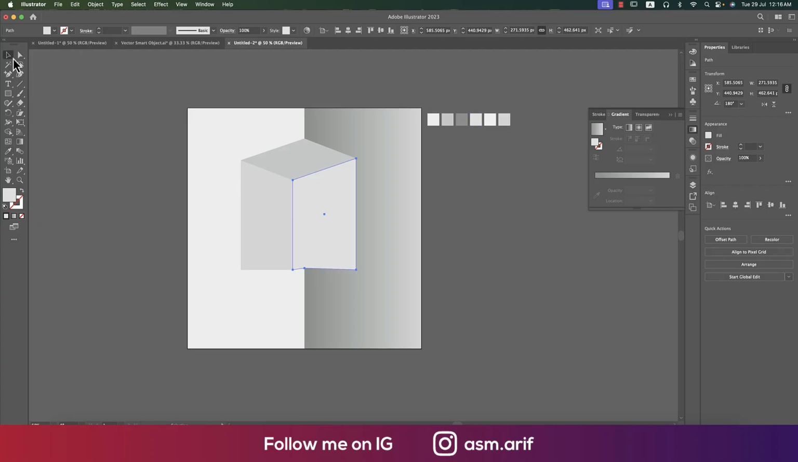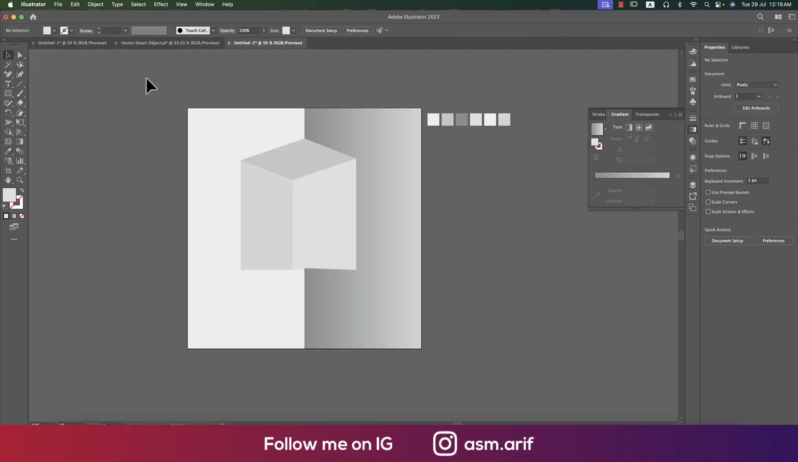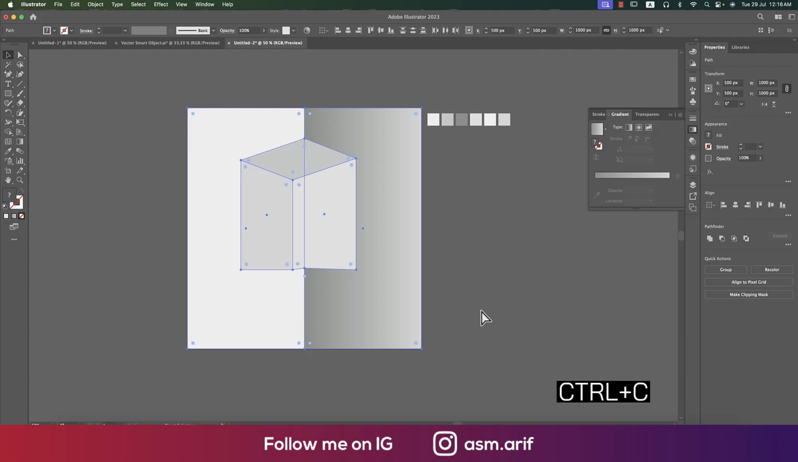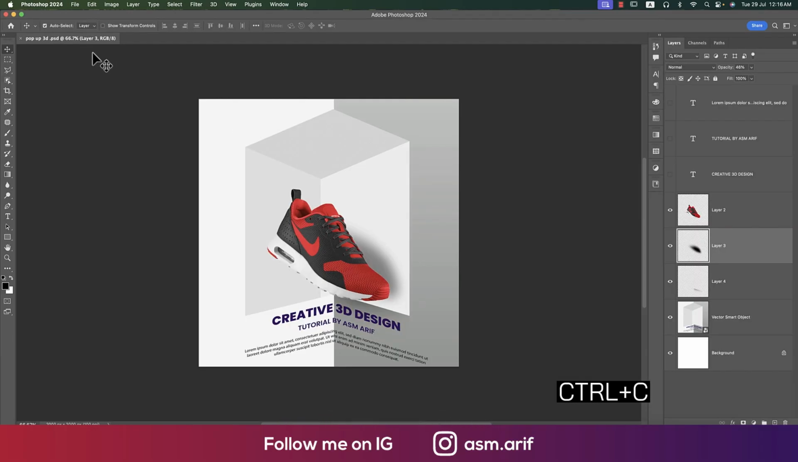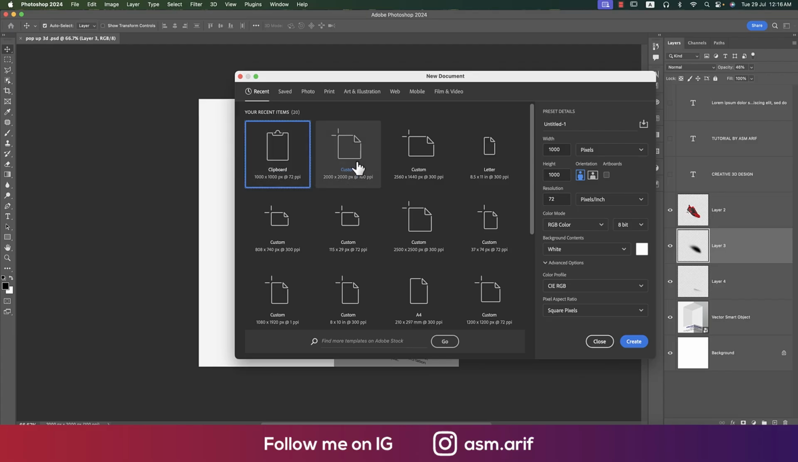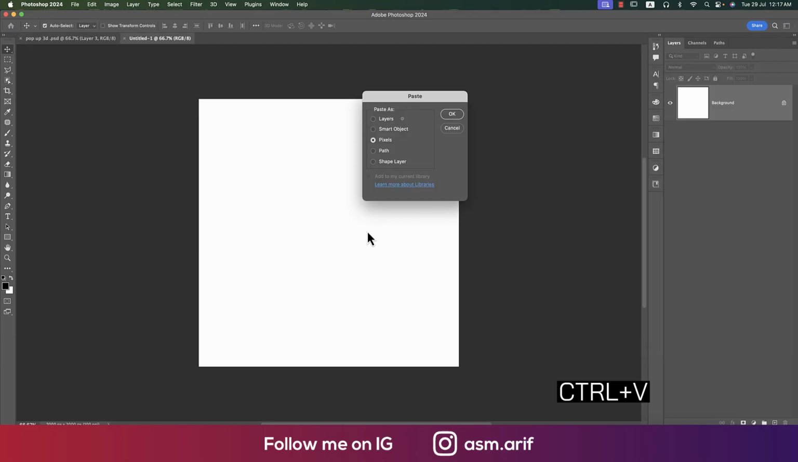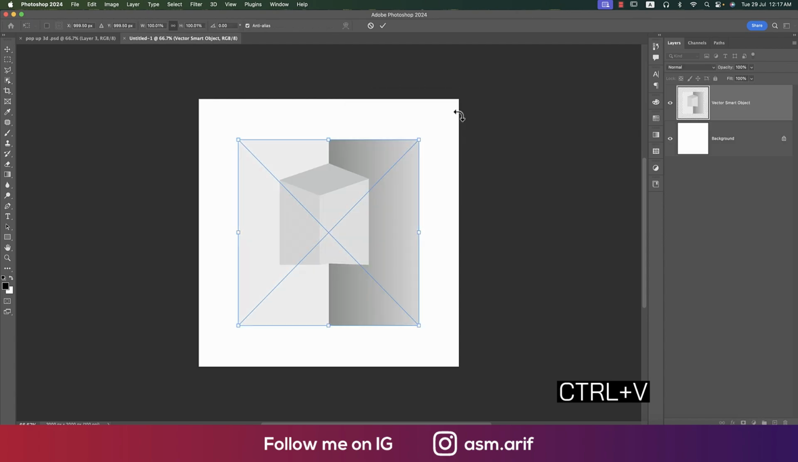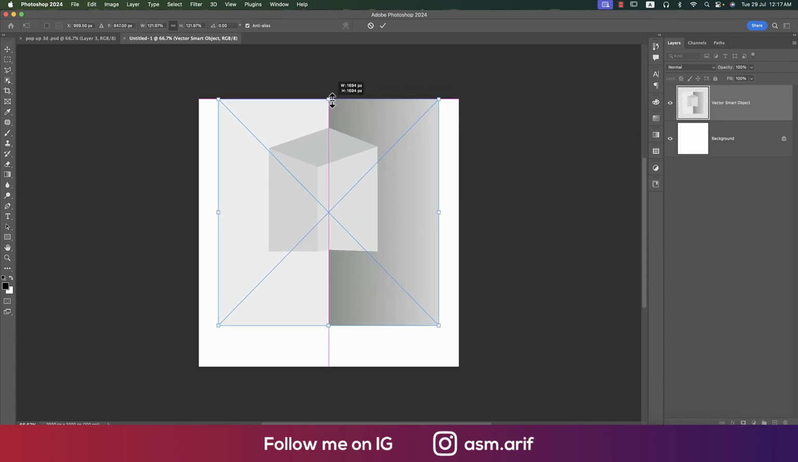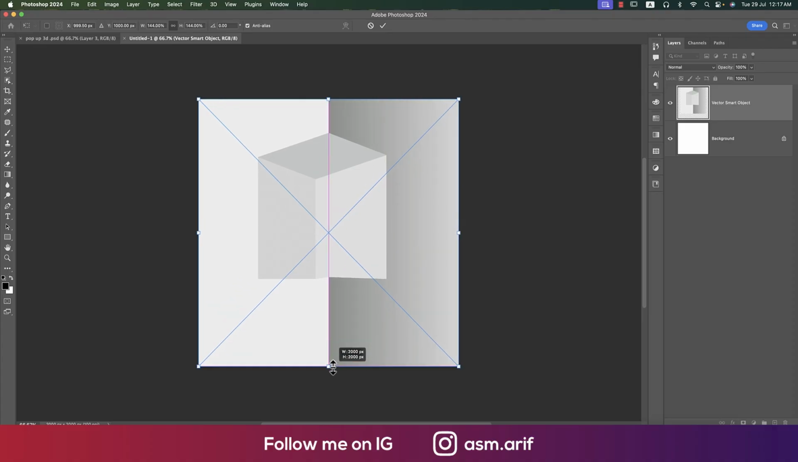That's good. Fine. Now I'll copy this one, Ctrl or Command C, and go to Photoshop, take new options and provide here 2000 pixels and hit the create button, and Ctrl or Command V. Make this one a smart object and just place it over there. So we got the